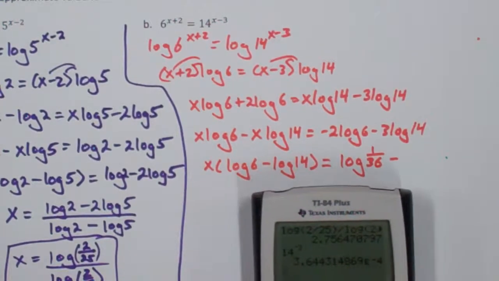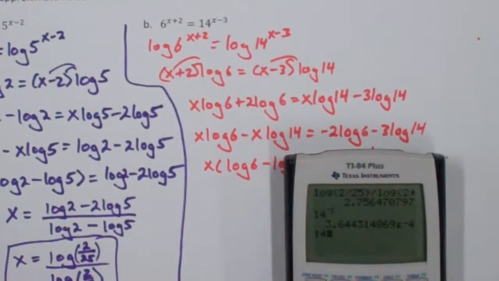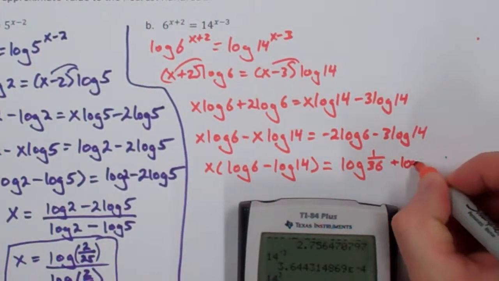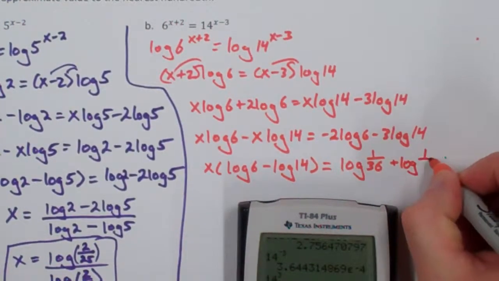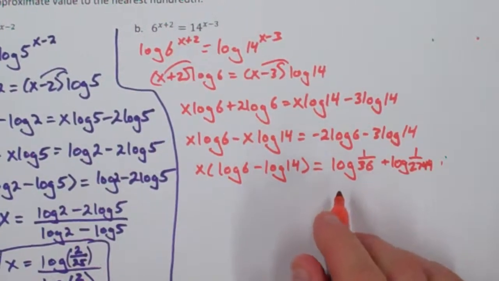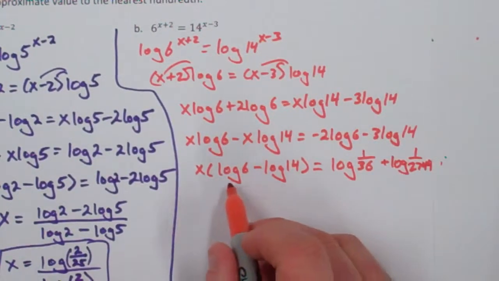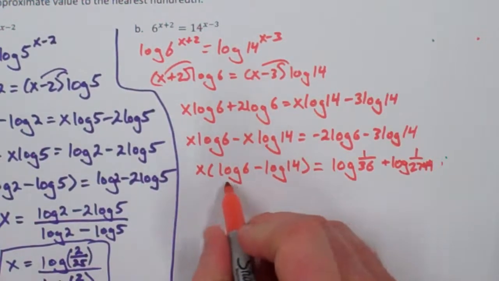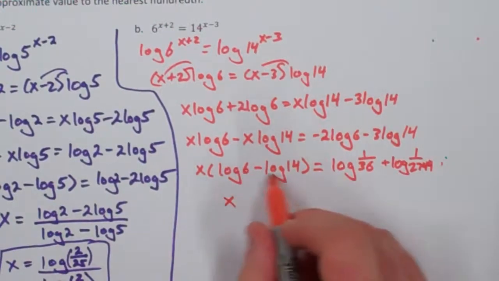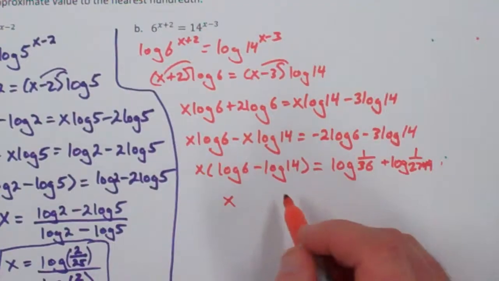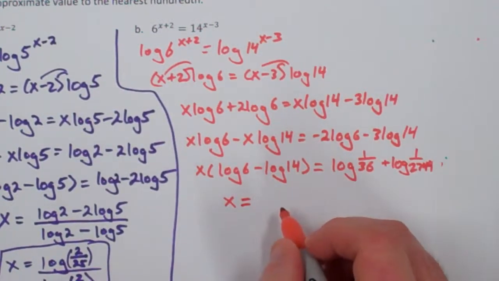And that's quite a small number, so we'll do 14 to the 3rd power. That's a little bit better. We'll put that in the denominator. So this is going to be log of 1 over 2744. And then this one, we could now go ahead and divide each side by log 6 minus log 14, which is just log of 6 over 14, or 3 over 7. So x is going to be